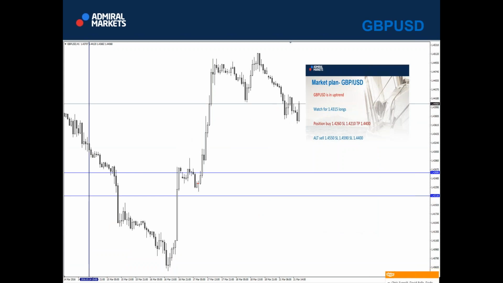The only loss we had for last week was pound dollar, and pound dollar closed for 50 pips. Initially, we saw some rejections of the 43.15, and as you can see, there was one rejection, but it was just during the webinar. After the webinar, the price went to our positional buy. Well, it was like 10-15 pips of profit, and then it dropped, closing for a stop loss of minus 50 pips.